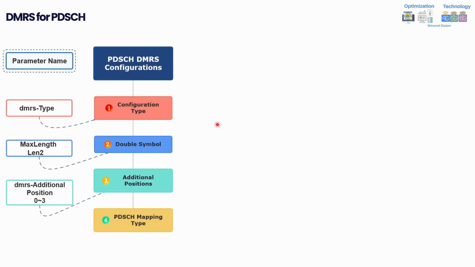The first part in this slide that I'm going to cover: you can see I have listed some parameters on the left side, then some PDSCH DMRS configuration and so on. But before explaining each and every one of those parameters or configurations, I would like to recall the knowledge about DMRS in 5G in general.